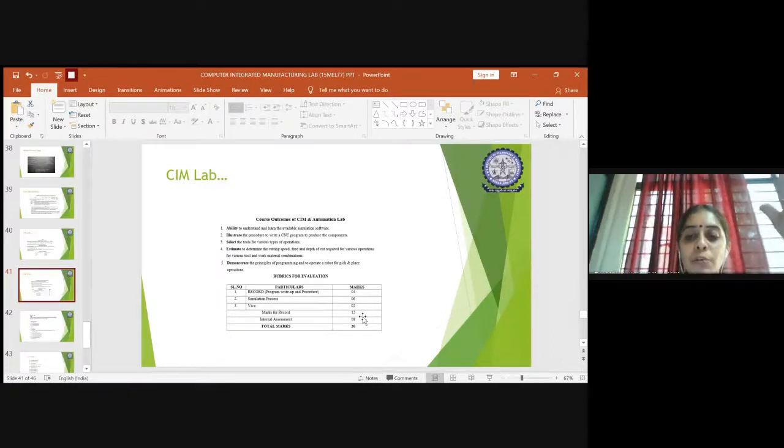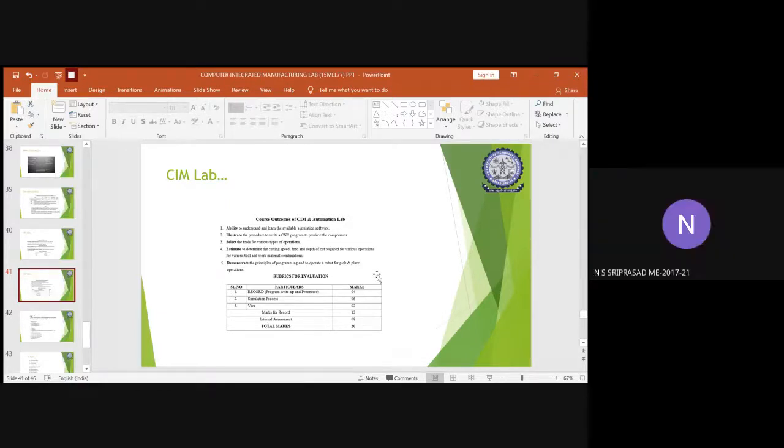Total marks for the record is 12, in which every program you write in the record is for 4 marks, the simulation you show in the system is for 6 marks, and the Viva we ask for each experiment is 2 marks. So totally the record will be for 12 marks. Then we will make you do the internal test, the laboratory test, which is assigned 8 marks. So finally 12 plus 8 will make 20 marks. This is how you have to follow the rubrics for evaluation for your record as well as examination.